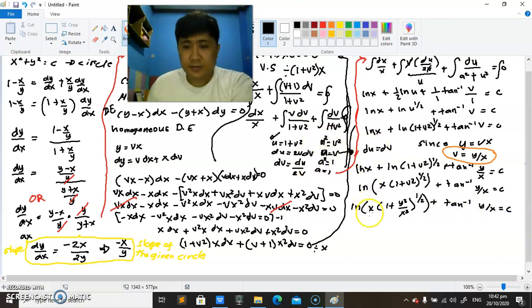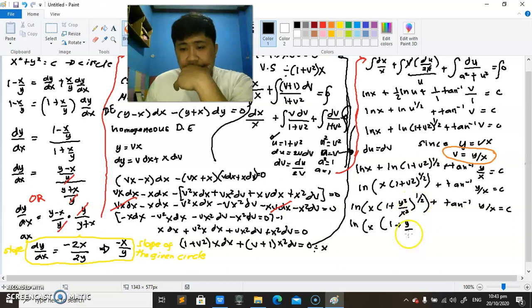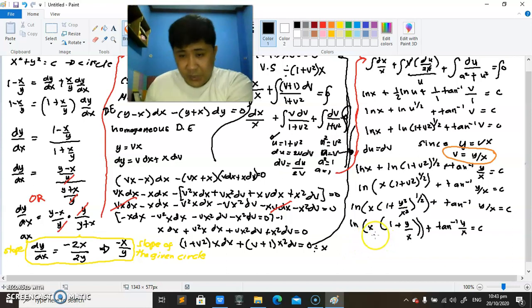So after that, what do we need to do? Okay, so just simplify this one. You have ln of x times, distribute this one, so 1 raised to the power of 1/2, you still have 1, plus y squared over x squared raised to the power of 1/2, that is 2 over 2, so you have x, plus arctangent of y over x equals c. So from there, you can distribute it. You have ln of 1 times x, that is x, plus x times y over